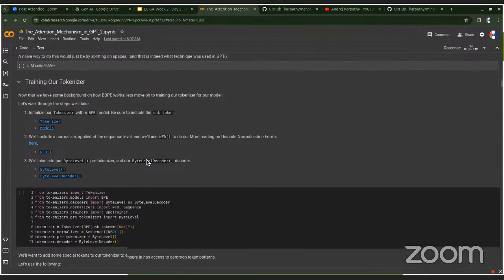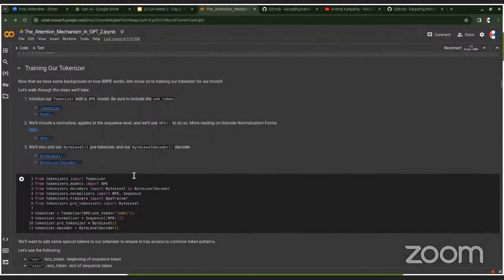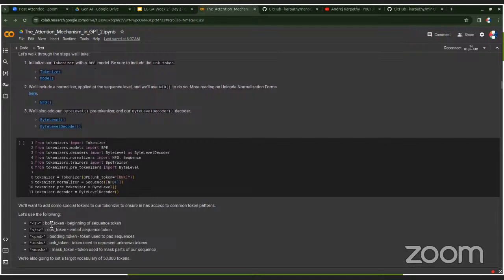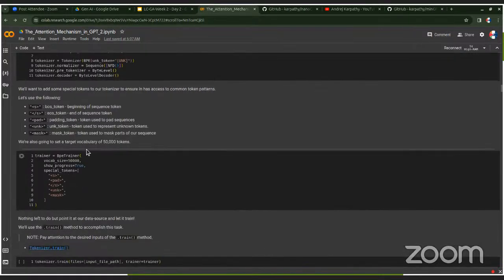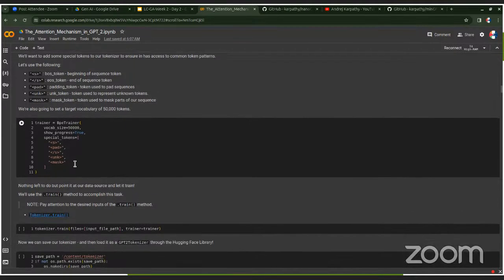It's explained here. You can always look at it. Remember, there's a beginning of sentence token, an end of sentence token, a padding token, an end token, masking. So we're going to set a target vocabulary of 50,000 tokens, and we're going to train using the Hugging